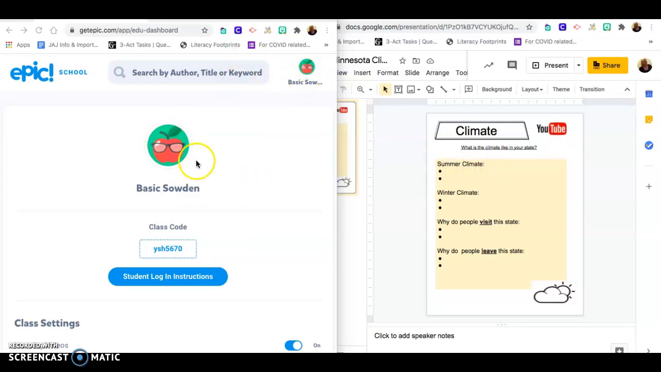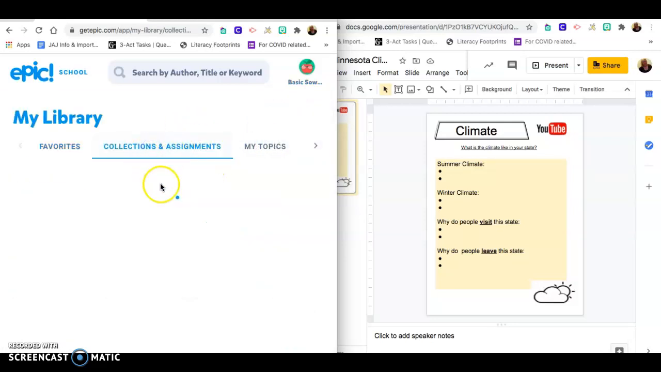And so if you go to Epic, I've already assigned you some books on Minnesota. I'll just show this right now. The class code again for our class is YSH5670. So you just need to download the Epic app and put in that code. You'll click the login with the code. And so I'm going to go to my library